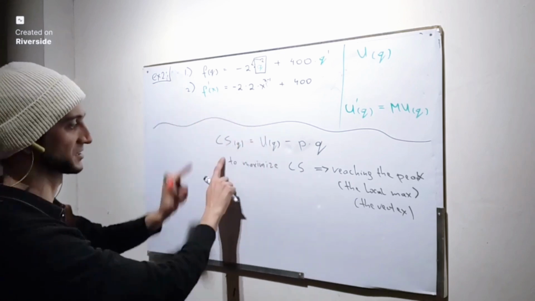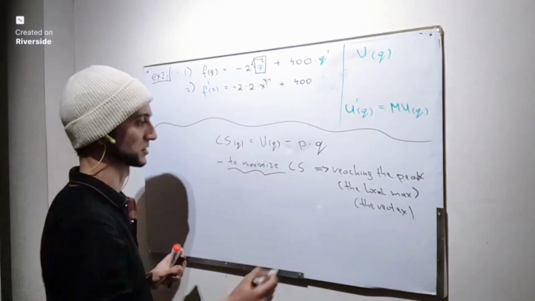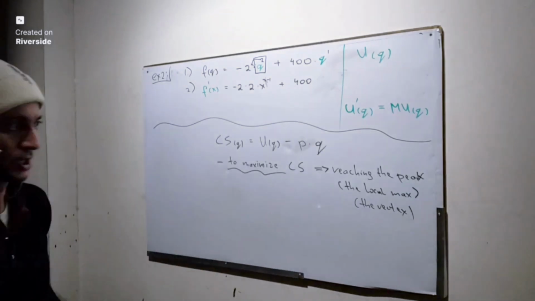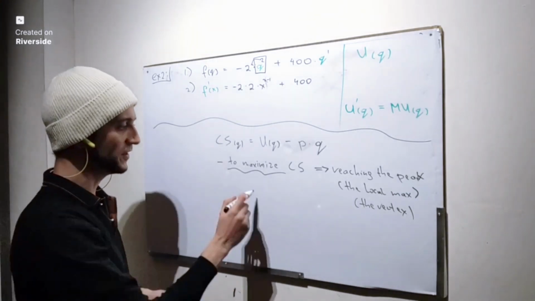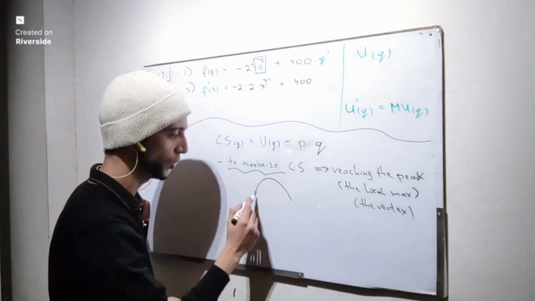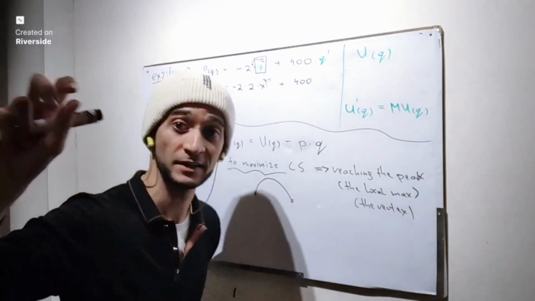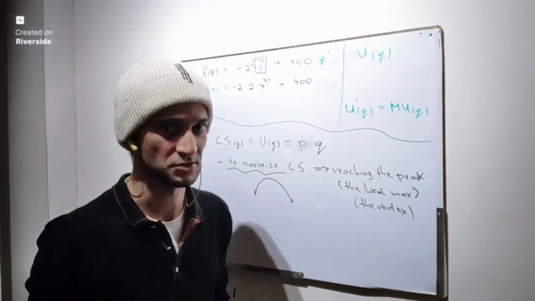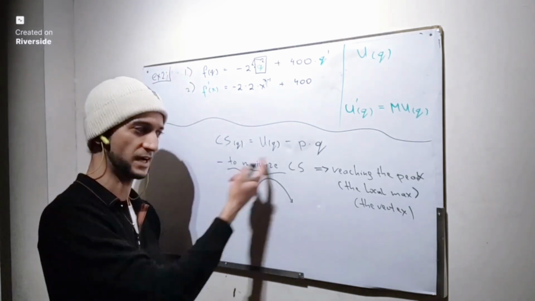It doesn't exist here. Obviously, we're not talking about minimizing consumer surplus. We're talking about maximizing consumer surplus. But if it is, then the top of this always going down curve, diminishing, right? Diminishing marginal utility. The assumption of diminishing marginal utility is the fact that the derivative behind this curve is always